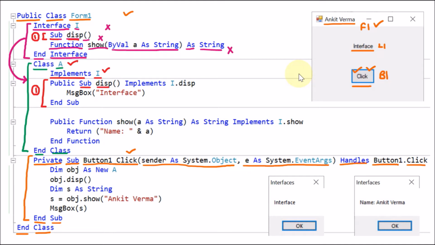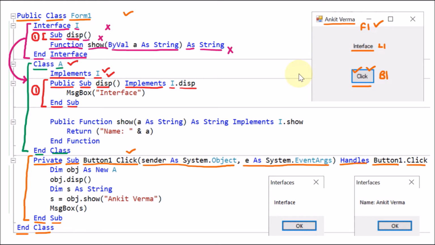This is sub disp. Now here we are giving public. And from where it is coming, it is going to implements I.disp. We don't have to write this. Whenever we are writing simply implements I and press enter, automatically this part will come. So here end sub is ending with this sub.